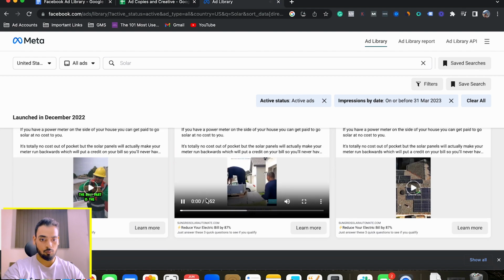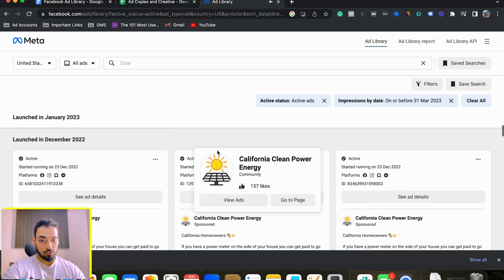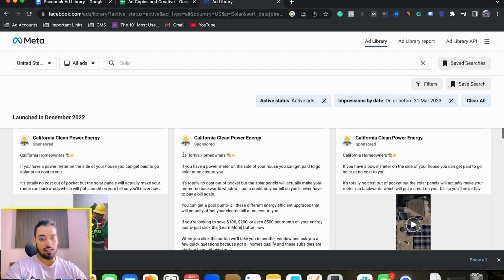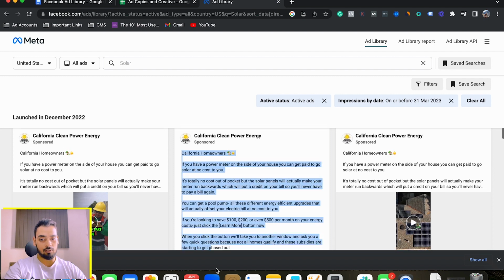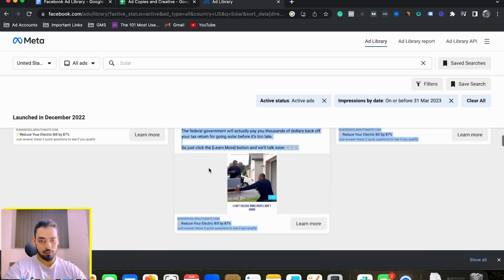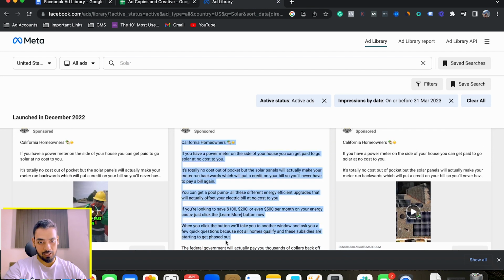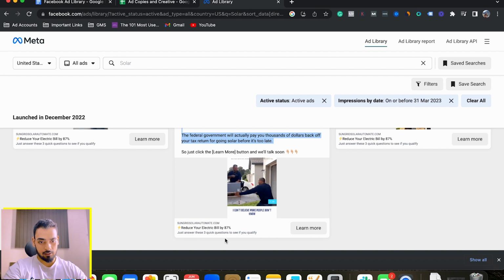You see this one, it has been running since 23rd December. So this has been running for a long time. You can say this has been running for more than 6 months. So I'm going to go ahead and use this ad copy. I'm just going to copy this entire ad copy, and